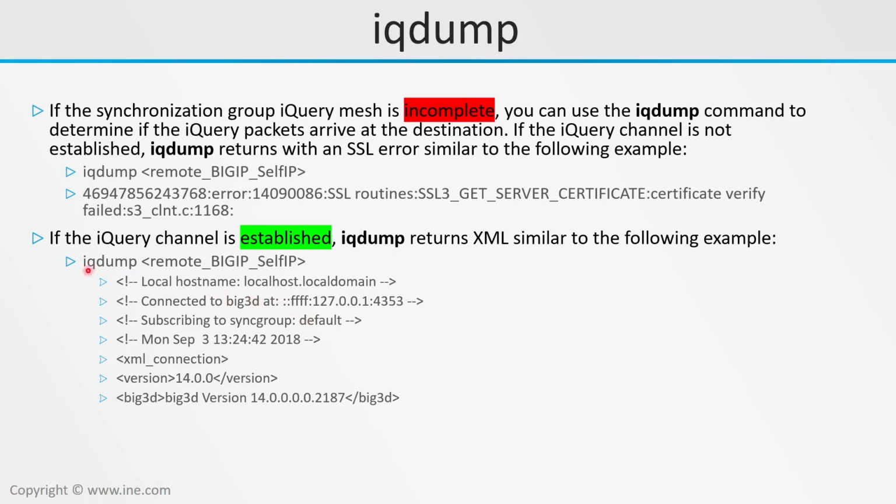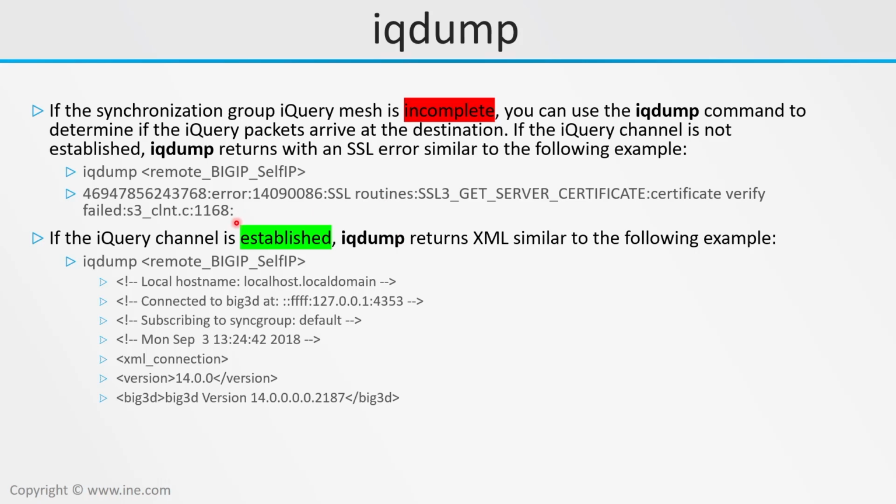Okay, so we can run this iqdump against a remote BIG-IP self IP, and if it returns an error like we saw from the previous output, maybe we can do an openssl check on that specific certificate